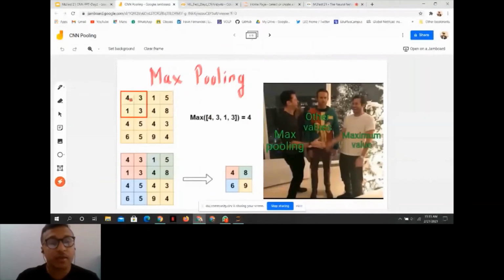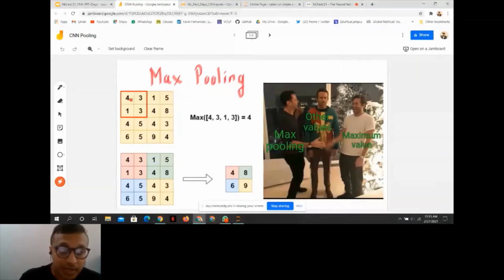So coming on to max pooling. Here we have a 4 cross 4 matrix. In max pooling, if the matrix is 4 cross 4, we take a pooling kernel, or a patch, of 2 cross 2 and we stride it over the whole image, 2 comma 2, because here we have a 4 cross 4. Now if you have a 6 cross 6 matrix, we use a 3 cross 3 patch.